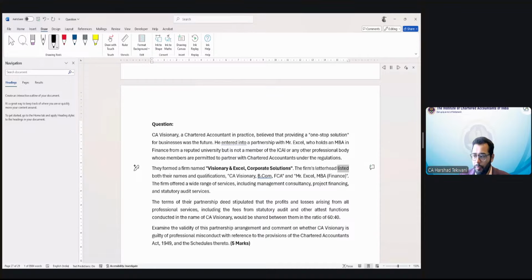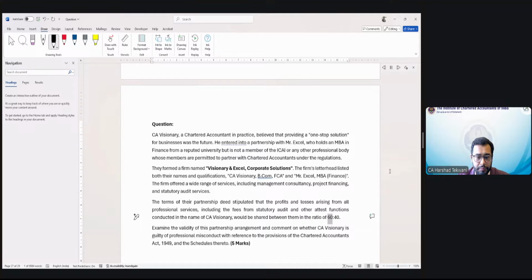The firm's letterhead listed both their names and qualifications, CA Visionary, B.Com, FCA, and Mr. Excel, MBA, Finance. The firm offered a wide range of services, including management consultancy, project financing, and statutory services. The terms of their partnership deed stipulated that the profits and losses arising from all professional services, including the fees from statutory audit and other attest functions conducted in the name of CA Visionary, would be shared between them in